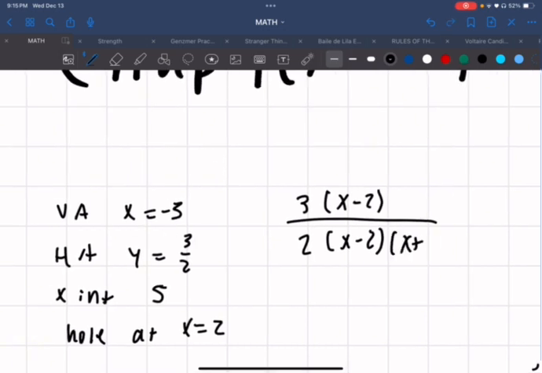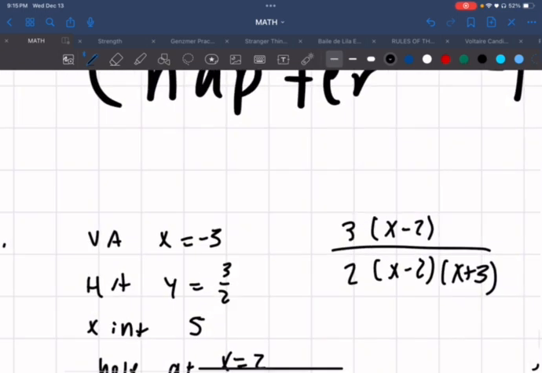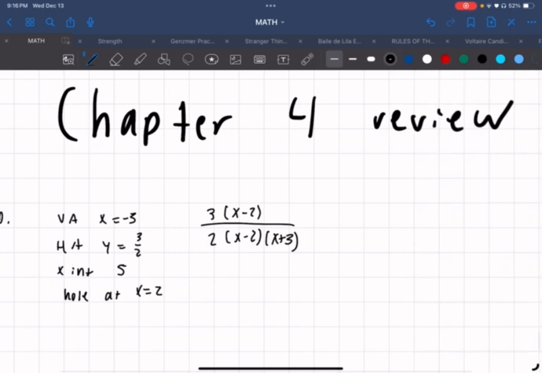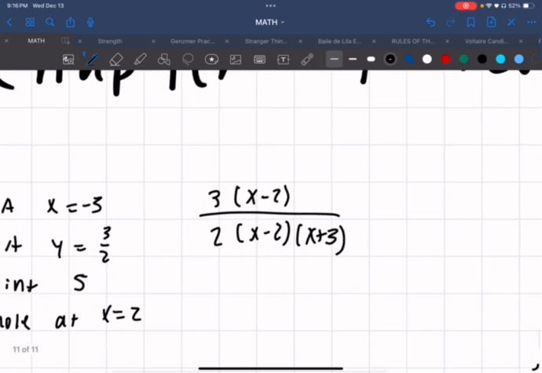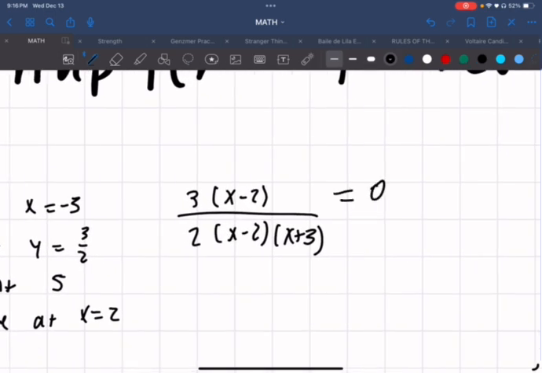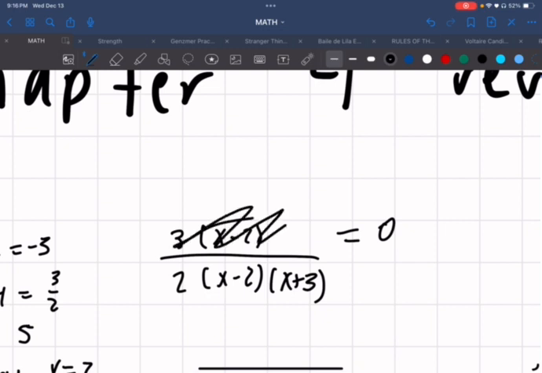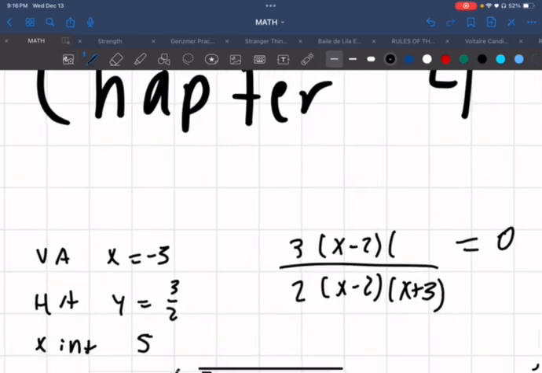That would be x plus 3 because it cannot be negative 3. And since there's a hole here, you just would not count that, because that's already a hole. So that would be part of the vertical asymptote. And then we know that the x-intercept is 5. So that means that you would set this equal to 0. And since this is already a hole, like the x-intercept, so it would be x